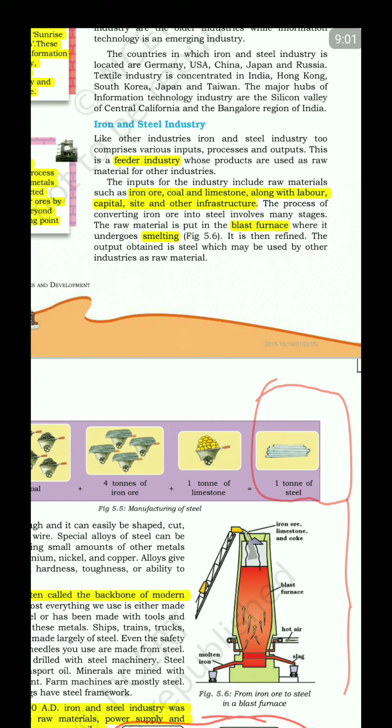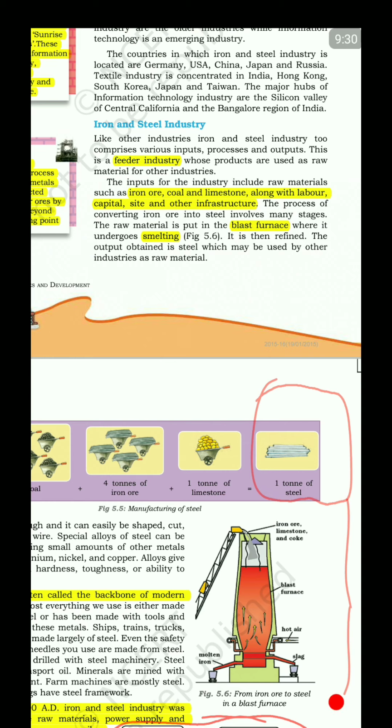Secondly, the inputs are iron ore, coal, limestone, along with the labor, capital, site and other infrastructure. So these are the basic raw materials: iron ore, coal, and limestone. Now, the process of converting the iron ore to steel involves many stages. The raw material nowadays is put into a blast furnace. Earlier it was put into a Bessemer converter, and before that it was